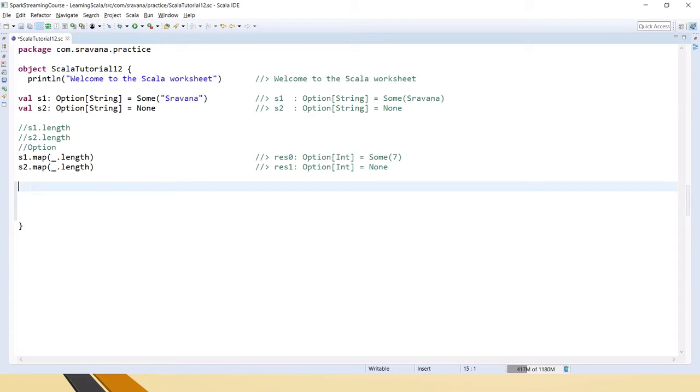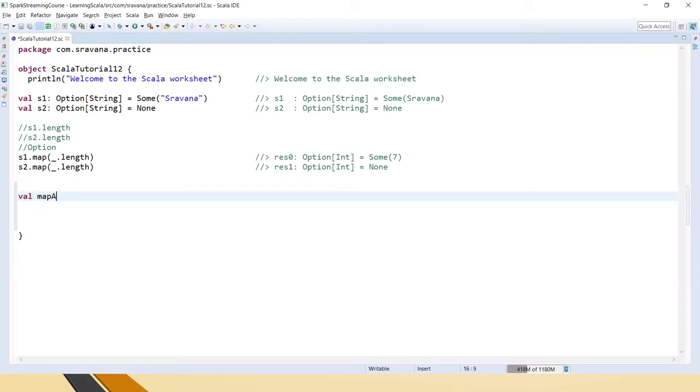Okay, so now let's say you have a map A. Let's write one more element as well.